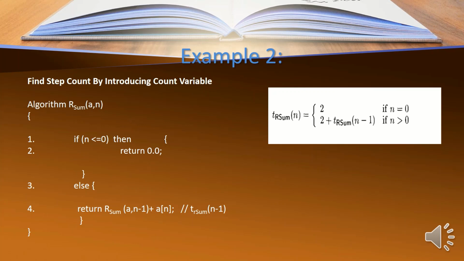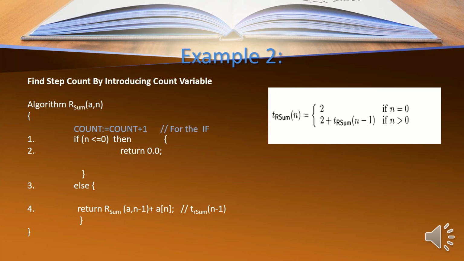That is what happens here. Now, how do we introduce the step count for this algorithm? First of all, the first statement of this algorithm is if n less than or equal to 0, then. This line executes once at a time. So let's introduce a count variable, count equal to count plus 1.